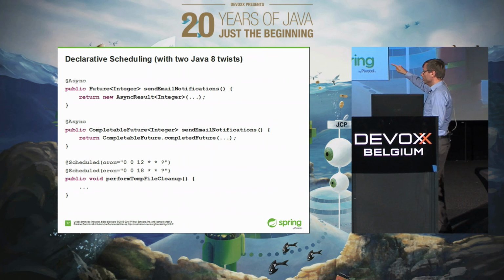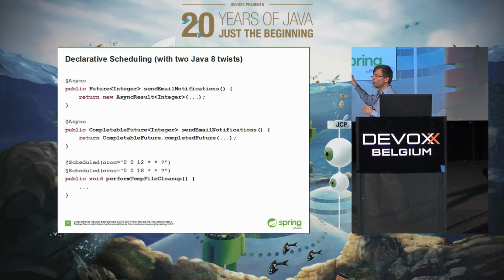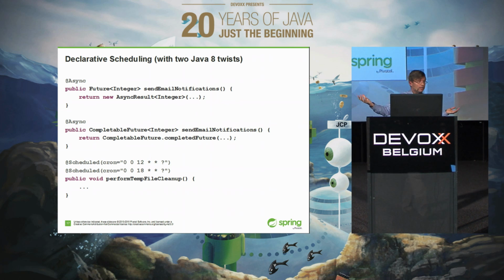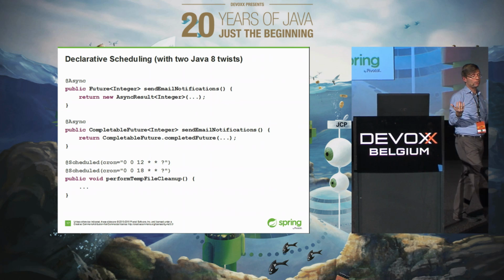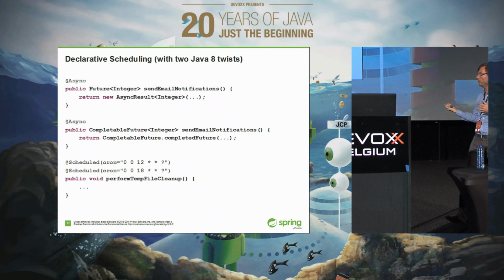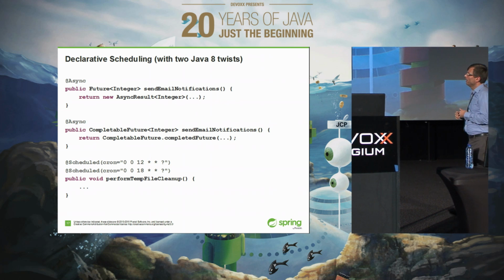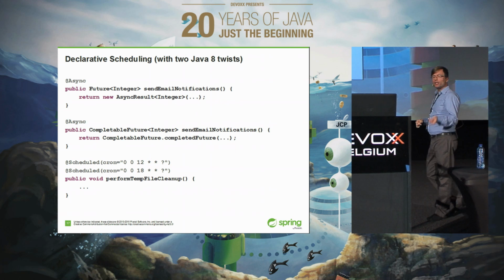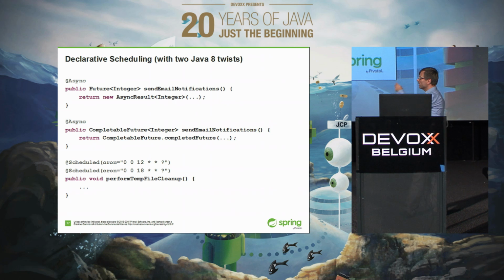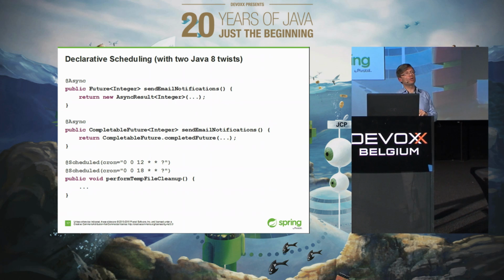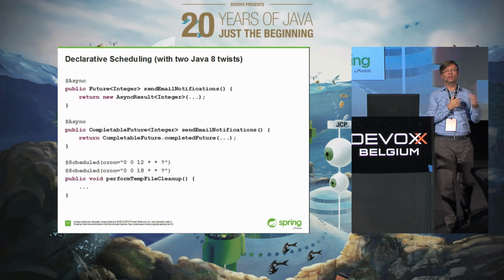@Scheduled below also has a little Java 8 twist. It's a cron trigger, right? A callback for that method. Every time the trigger fires, the method is supposed to get invoked. But in this case, it's not one cron trigger, it's two, through two @Scheduled annotations. Well, semantically not a problem, right? Just two triggers. However, according to the good old Java 5